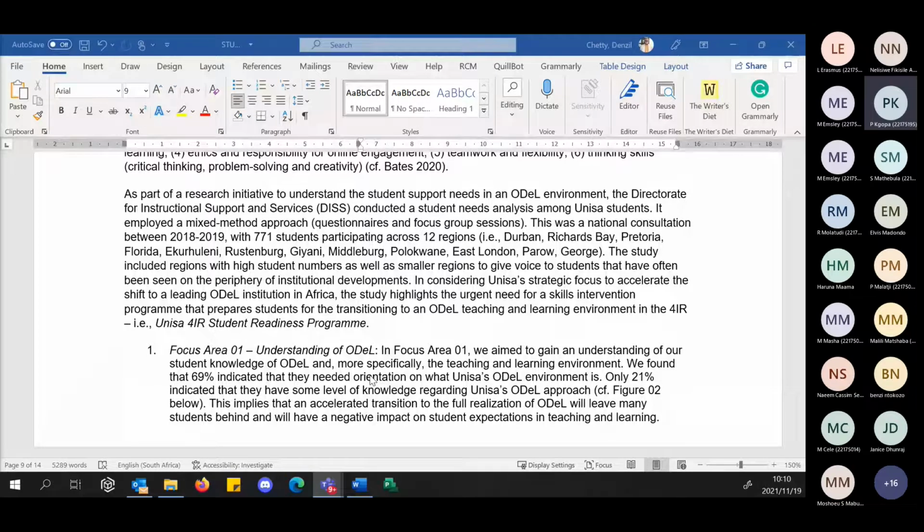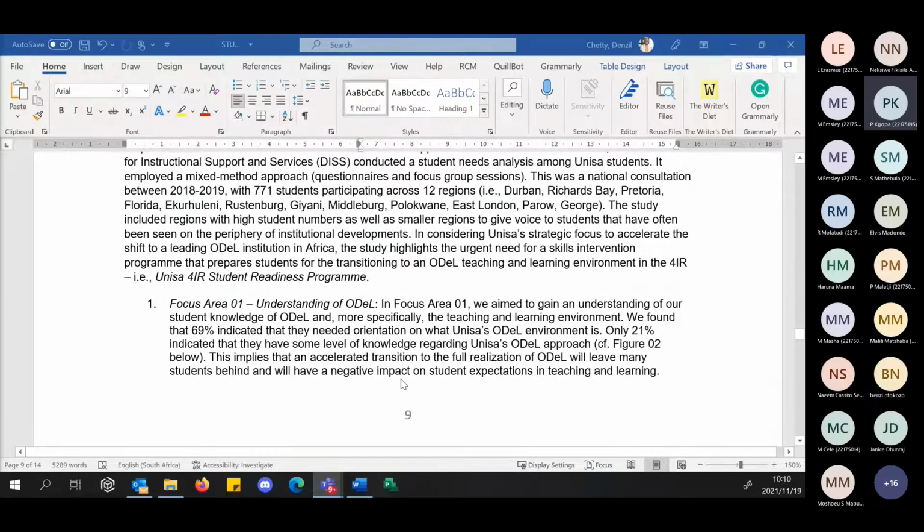And what does this mean from a student's 4IR readiness perspective for us? Because when we talk of 4IR and all our institutions are talking about 4IR, what does this mean for our student? And I often ask this question, what does it mean for us when we talk about 4IR in an African context? Because the discussion is not innovation purely, it's contextual innovation. And that's what we need to drive.